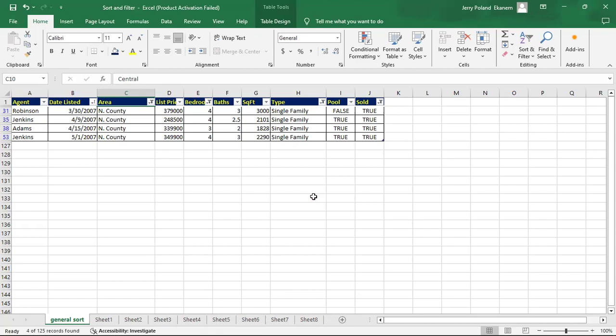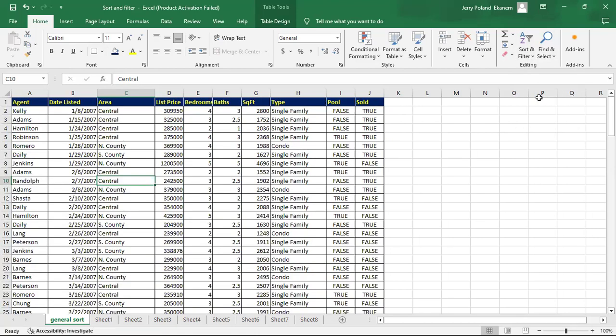What if I want to clear the filter? I don't want to filter anymore. I select this and say clear filter, and everything returns back to the default setting. That said, we can now move towards